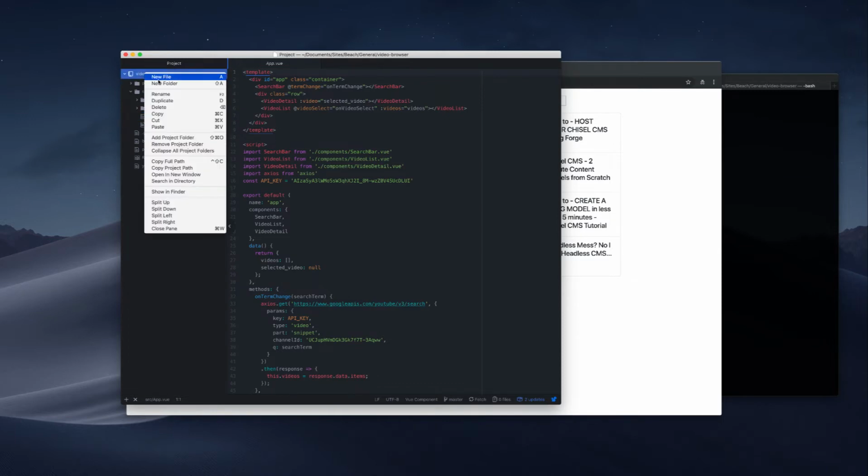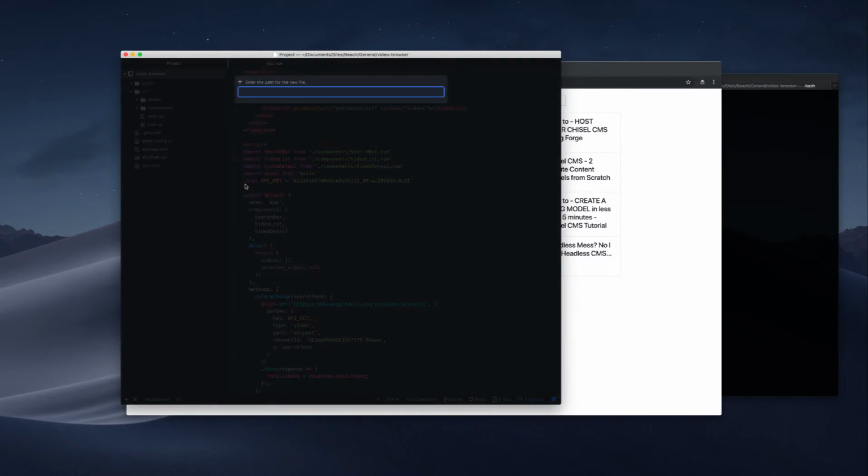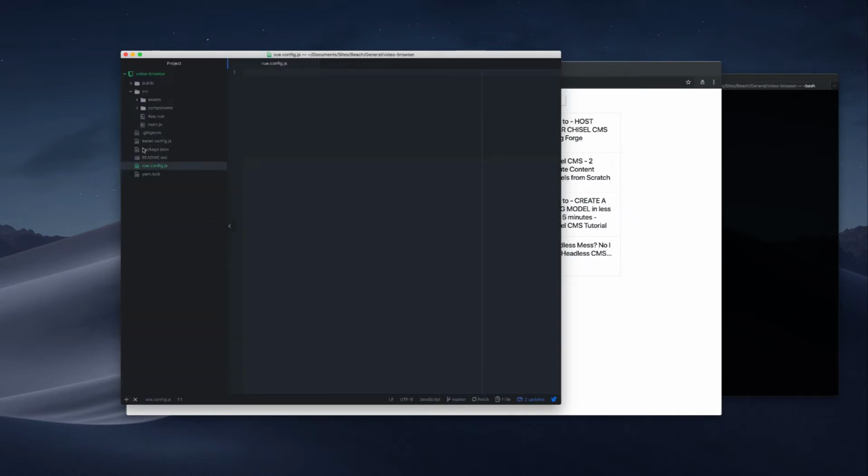So the first thing we need to do is add a file. You may already have this file in your project. You may already be doing some configuration, but this is the vue.config.js file. As I said, you may already have it. If so, no problem. You can just add to it, but otherwise you need to create it. So we're just going to add this module export statement, which is an object, and that object is the output directory. So we put outputDir and we set that to a